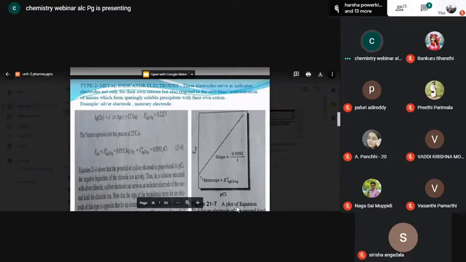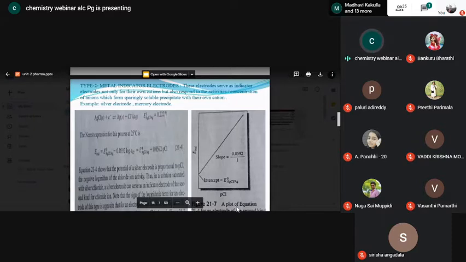but not to the concentration of silver ions, because the concentration of silver ions, when compared to the concentration of chloride ions, is very, very less. Hence, the effect of silver ions on the electrode will become equal to 0, and the concentration of the chloride ions will be felt on the electrode, due to which what happens? The potential developed by the electrode will become directly proportional to the concentration of chloride ions instead of the concentration of silver ions. Thereby, the electrode here is going to exhibit what kind of behaviors?